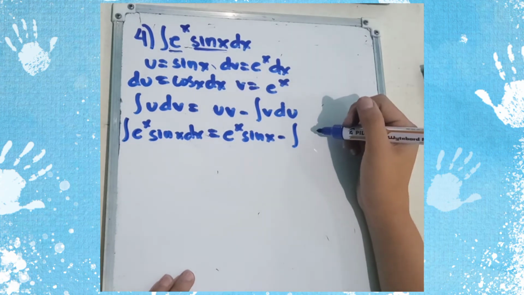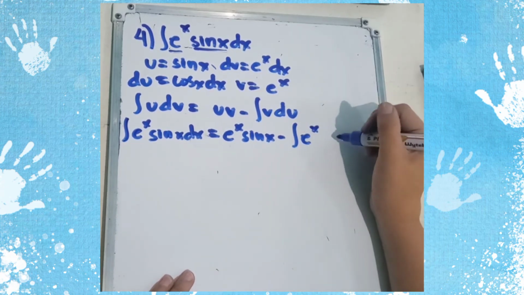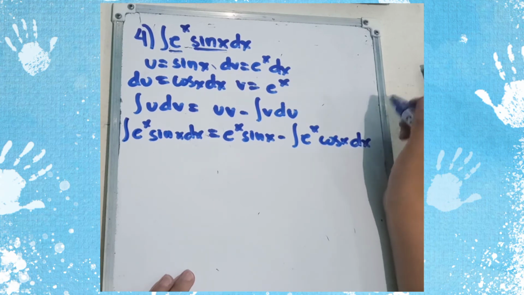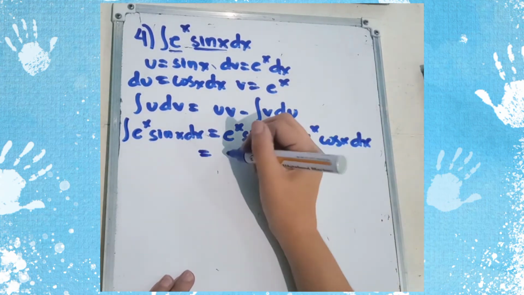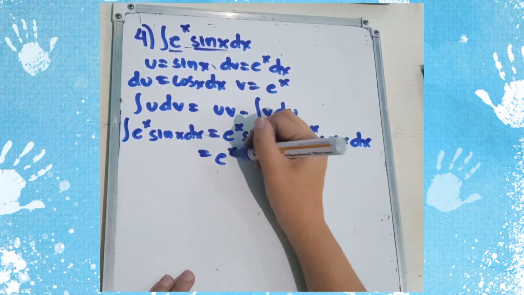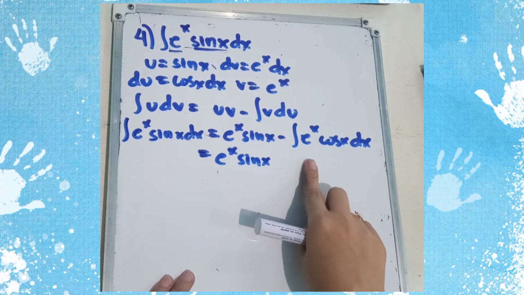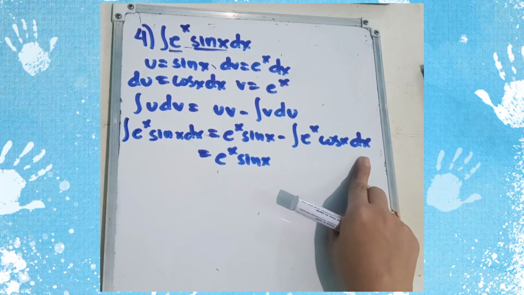We can actually also write e raised to x first times cosine x dx. So simplifying, that's e raised to x sine x minus this one,